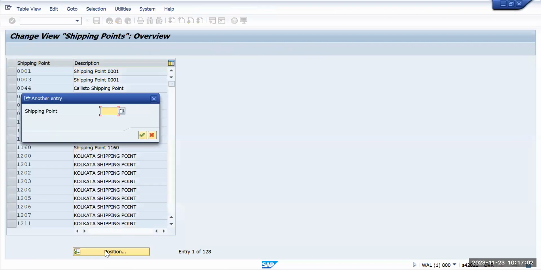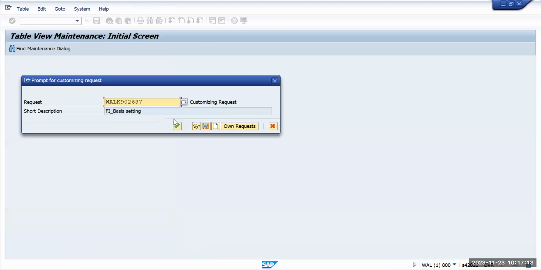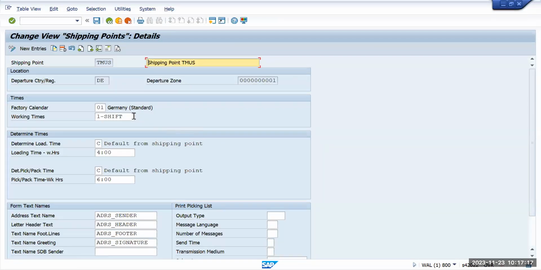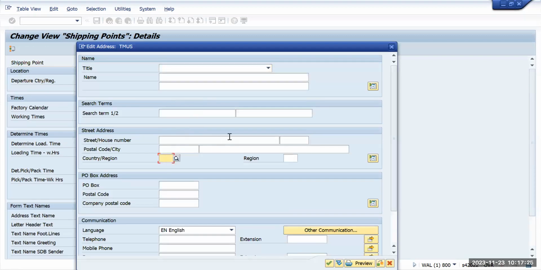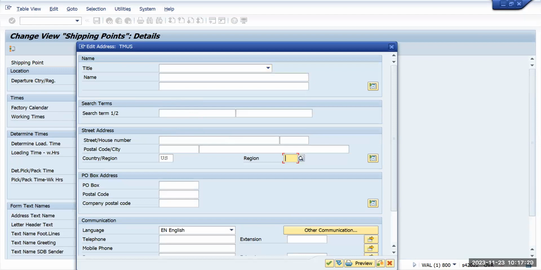Let's see Tata Motors US shipping point. Tata Motors US, and save this one. Double click on it just to understand everything is copied from the standard one. So everything looks good. Here check the address. So country will be US and region will be California